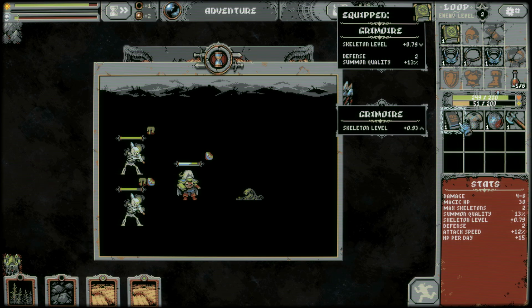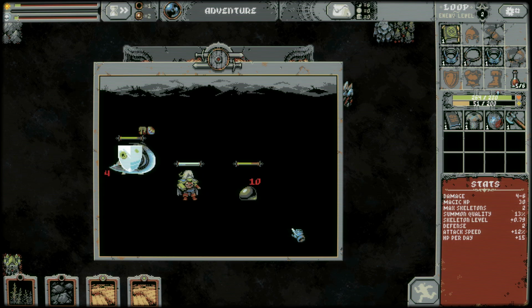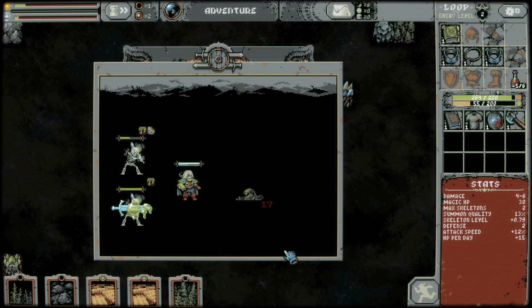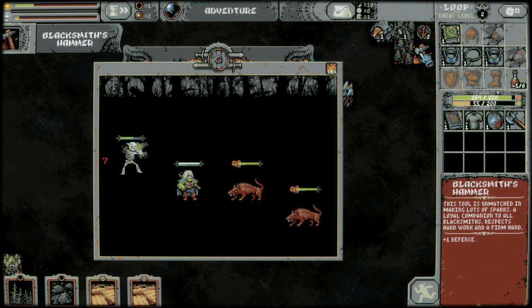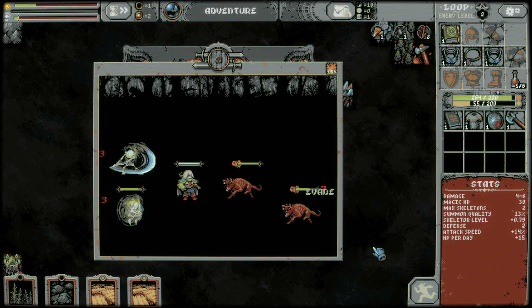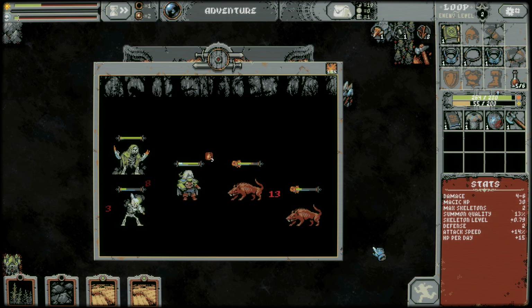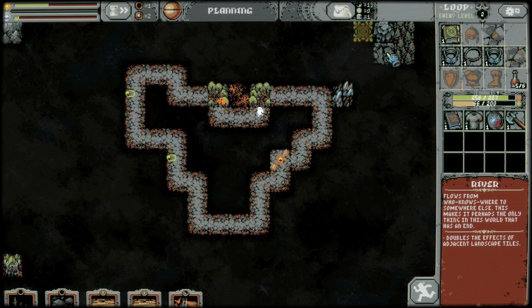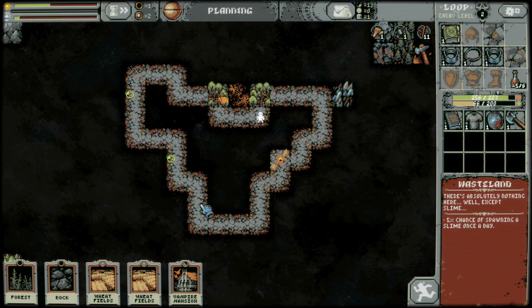Actually, I don't think we'll change this one. Having just a little bit of summon quality I think is nice. Blacksmith's hammer. 1 defense. Okay. There's a nice little quality summon. Thank you. Now, we could place a vampire mansion to get some blobs spawning in here, but